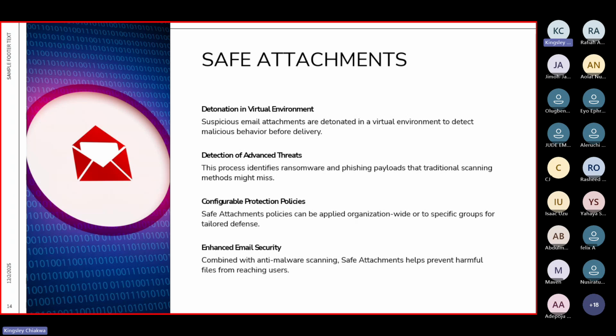There are lots of them, different formats. So it takes suspect email attachments and detonates them in a virtual environment to detect malicious behavior before it gets delivered to you as a person. Also, it processes